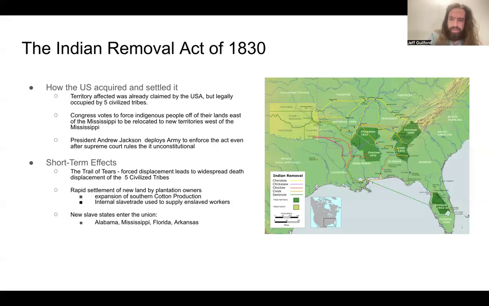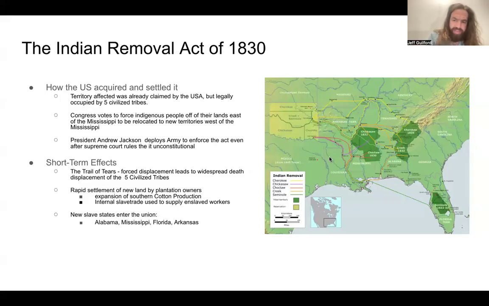They lose access to their ancestral lands, which also just so happen to be excellent farmland. And a big chunk of them just straight up die during the removal process. Depending on which group you look at, it's somewhere between like 10 and 25% of the entire population just dies because walking from the southeast to Oklahoma is hard.